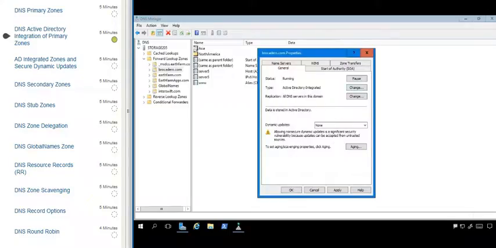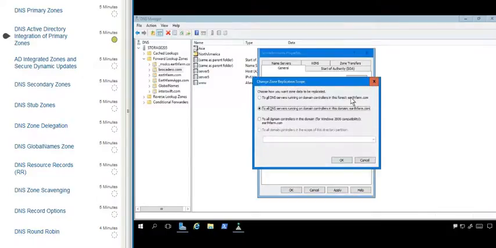But then there will be a secondary question to consider, and that is the form of replication that is going to be used with this. When we store things in Active Directory, we have to choose which domain controllers should replicate this DNS zone information. And we've got several options. So if we have a multi-domain forest, then we have to consider the domain controllers that run within a particular domain